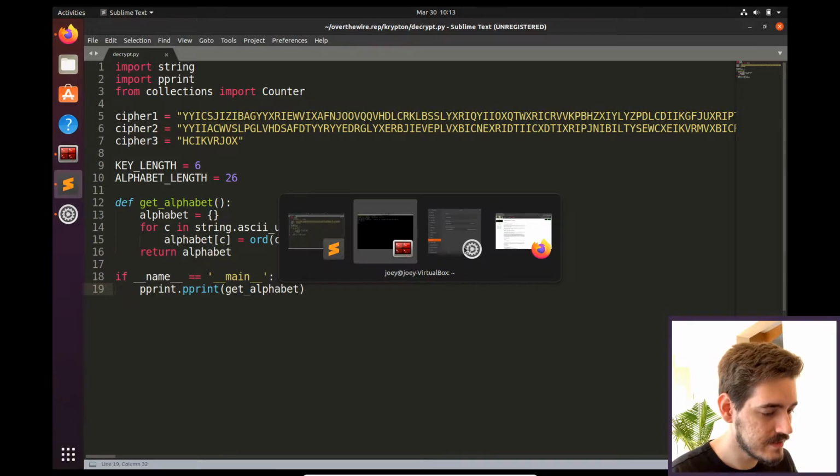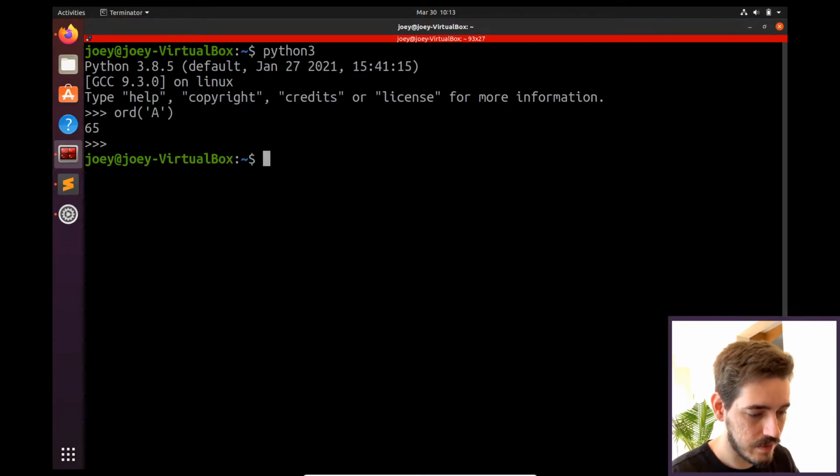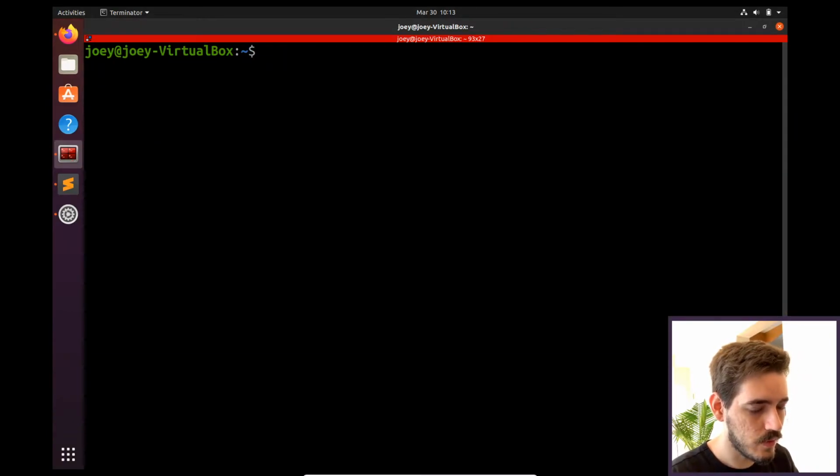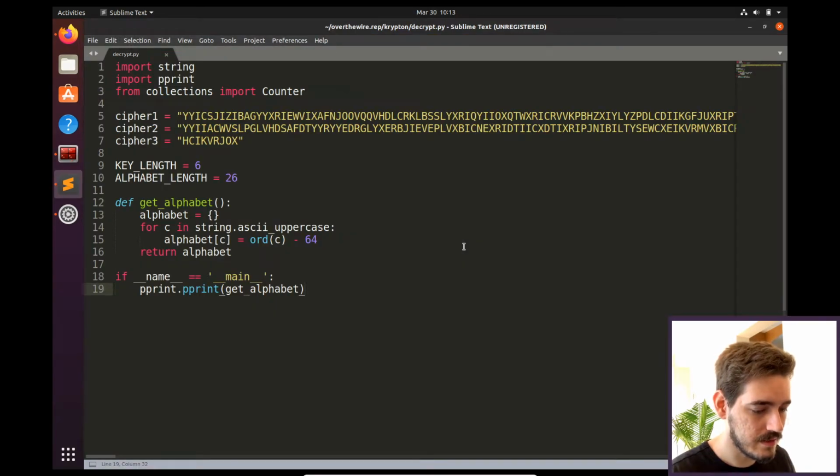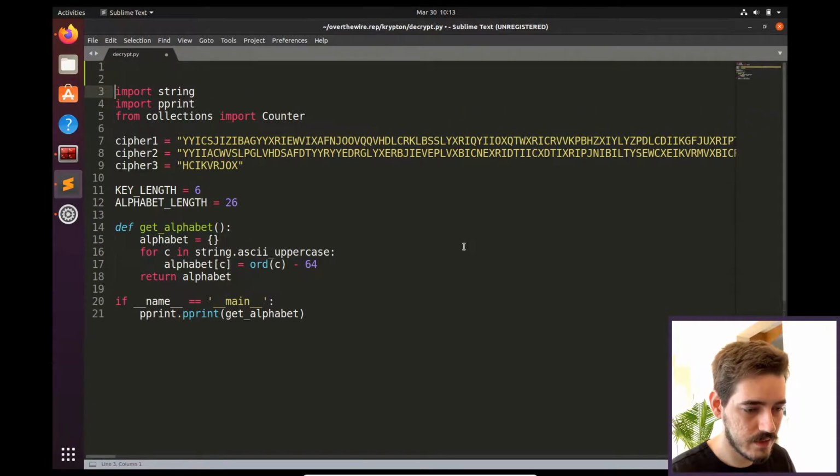Okay, let's navigate there. I want to escape Python, and I want to change this to Overthewire Krypton. Okay, decrypt.py. I want to make this executable, so